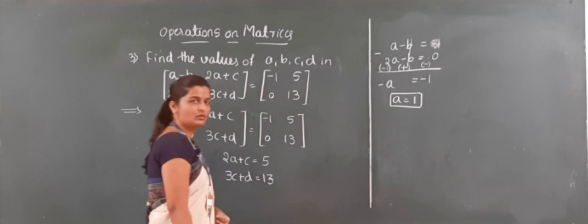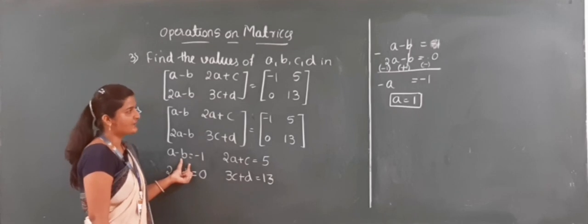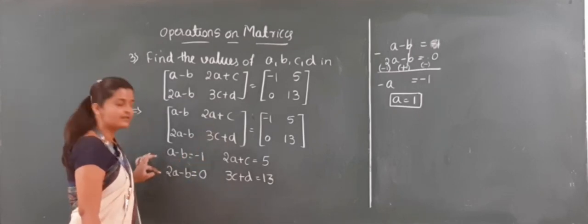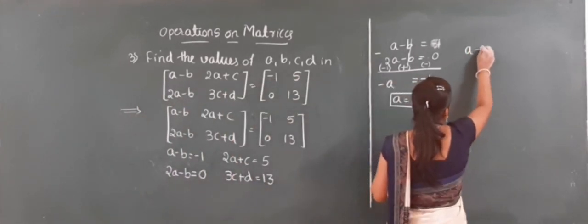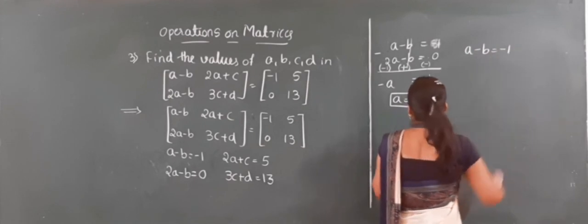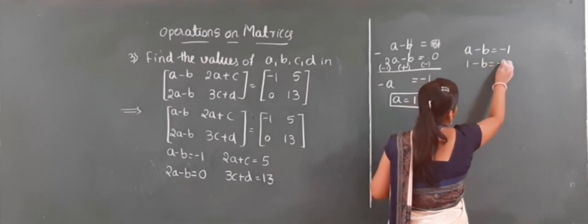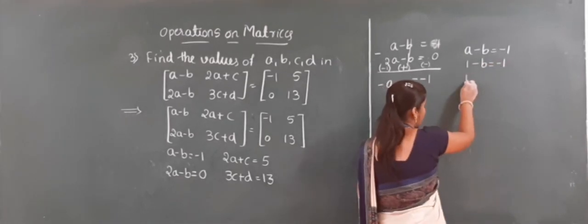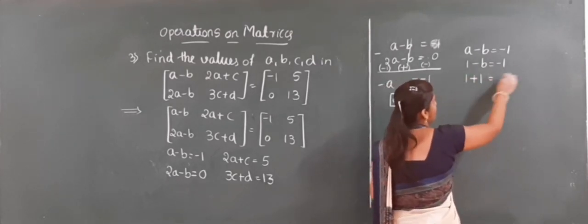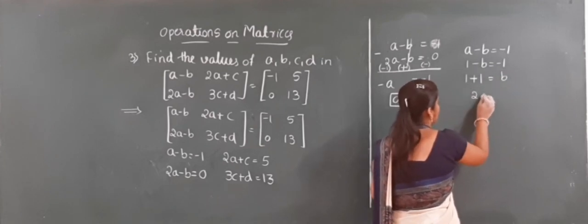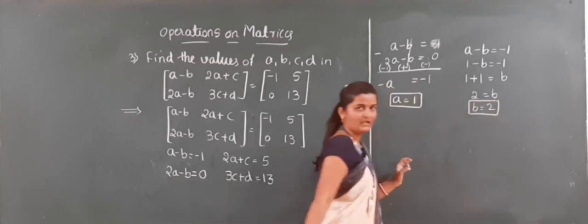So next what can we do? We have to find out the B value. So from where can we find it? We can substitute A equal to 1 in this equation or this equation. Any one equation we can use to solve for the B value. A minus B equal to minus 1. So A value is 1. 1 minus B is equal to minus 1. So I will take 1 as it is. I will take minus 1 this side, then plus 1, and this minus B that side, that is plus B. So 2 equal to B. I can write it as B equal to 2. We got A, B.